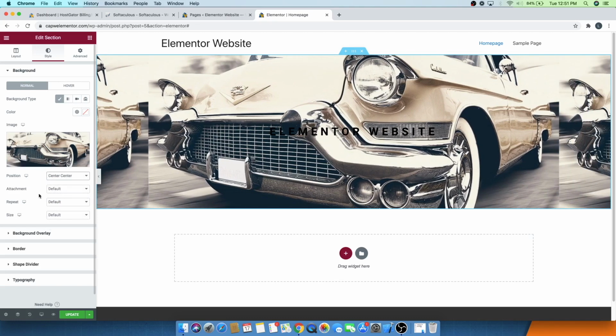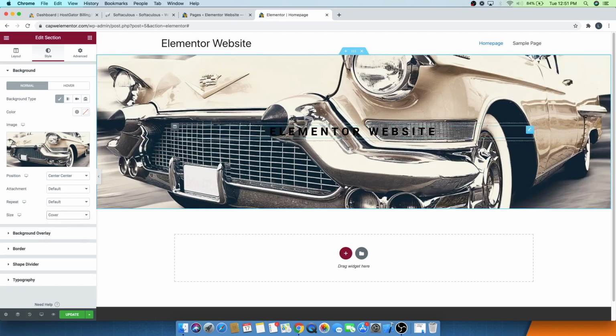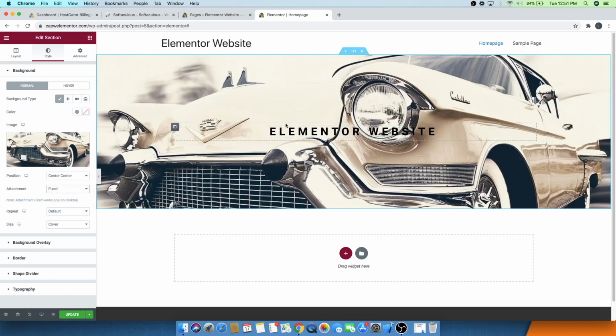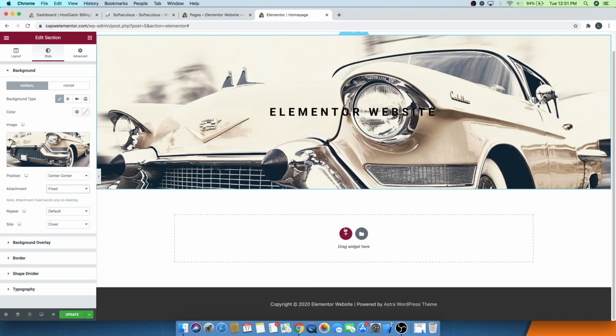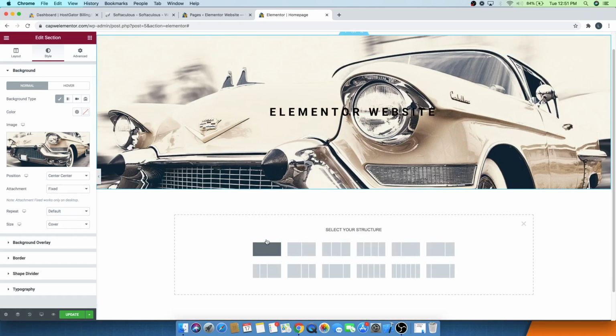And then I'm going to move down to size and I'm going to change it to cover. And that's going to stretch the image to just be one type, not multiple tiles. It'll stretch the image to the background of my section. The last thing I want to show you is the attachment. If you change it to fixed, it'll add this cool parallax effect where as I scroll down, the image stays in place. So if I were to add another section here real quick, just to show you guys,